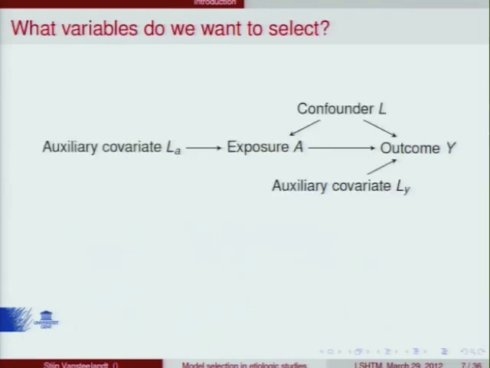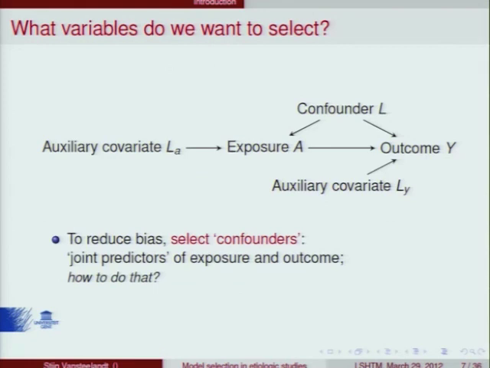Okay, so the question is, I'm going to think about doing some form of variable selection, and the question is, what variables are we going to select? There may be covariates that are simultaneously associated with exposure and outcome. There may be some only influencing outcome and some only influencing exposure. So you really want to select those that simultaneously influence exposure and outcome. These are the confounders, and if we do not control for them, well, then we end